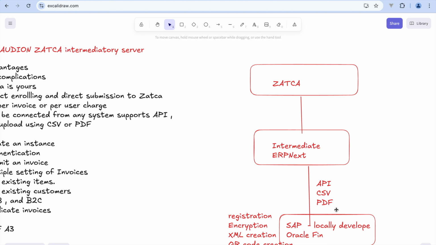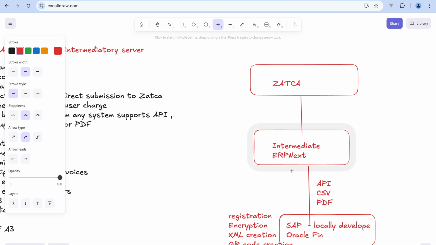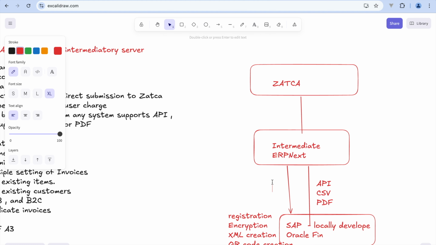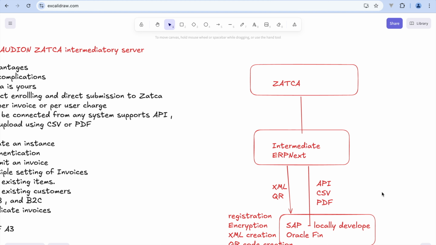So when you are doing it, what happens? You send it from here to here, and it will be sent from here to here. What happens after you get the reply back from ZATCA? The same API will return a response. The response will have the XML file that you can keep, and a QR code, so you can print it on the invoice and send it. So this is basically an intermediate server